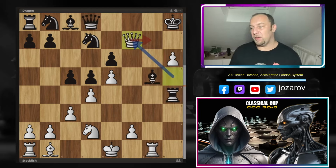We have now queen to e7, and now queen takes e7, bishop to e7, but it's a different story now. It's a different trade. Now Stockfish plays the amazing h7 and has now the immediate checkmate threat on g8 here with the rook. Really epic tactical sequence, which forces now here black to take out now the pawn on h7, and after bishop to h7, now it's finally a good compensation for the 3 lost minor pieces here by the fish. Stockfish gave up now the 3 pieces for the rook, but still has a great activity